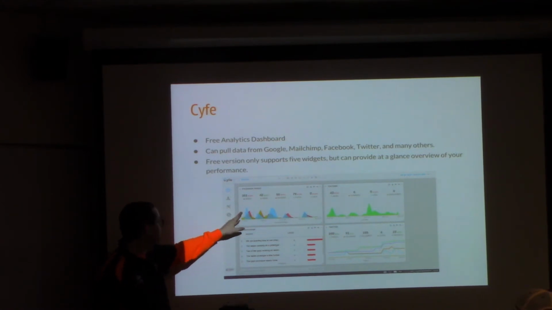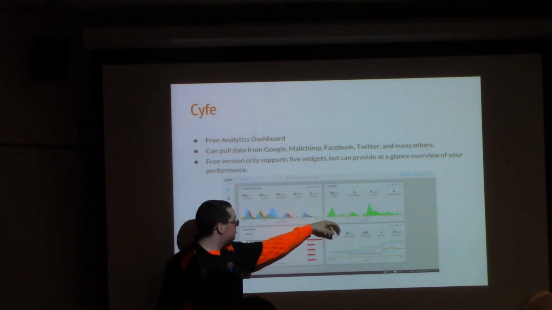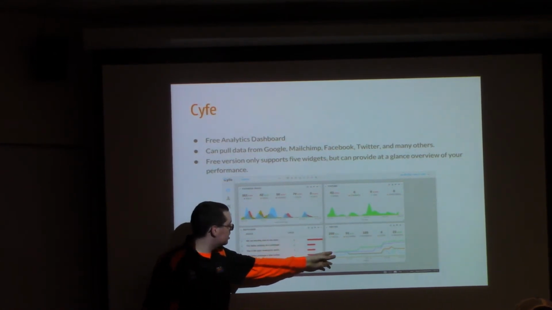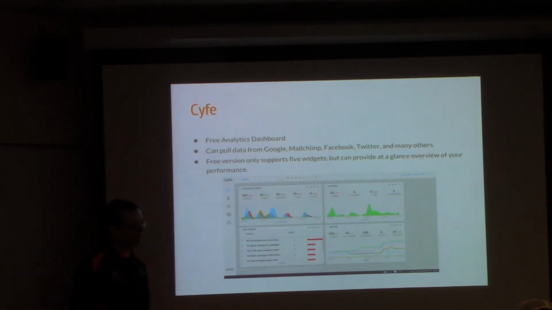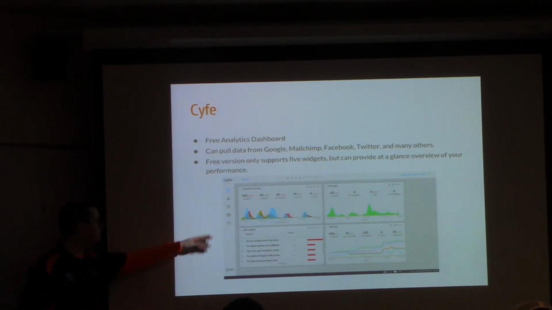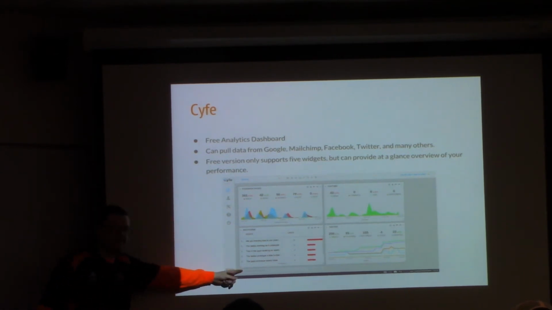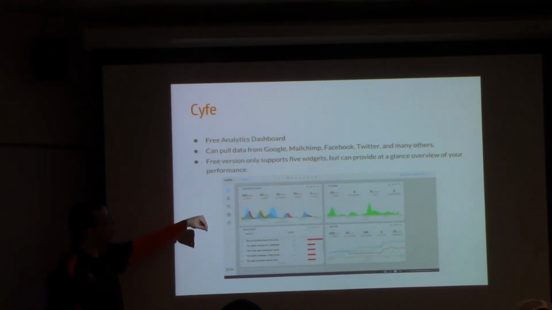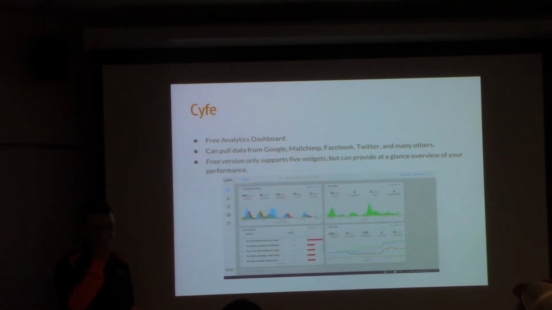You can see the peaks and drops in how much traffic we're getting on YouTube, Facebook, and Twitter. And it's all in one view. The free version of Sci-Fi does only support 5 widgets. The paid version, probably not worthwhile, but generally you can cover all your main social networks, plus Google Analytics that I've collapsed down here. You can also pull data from MailChimp as well. Basically just about any social media tool I think they're set up to integrate with.